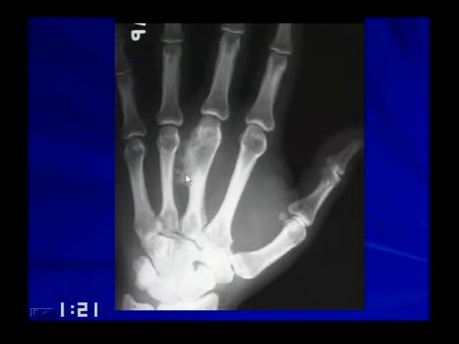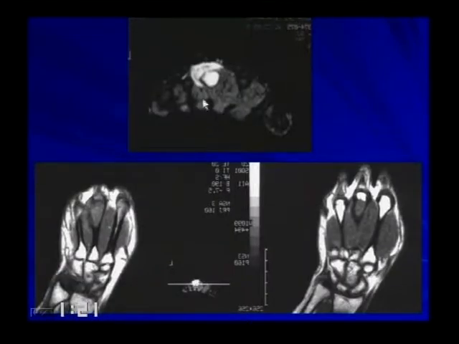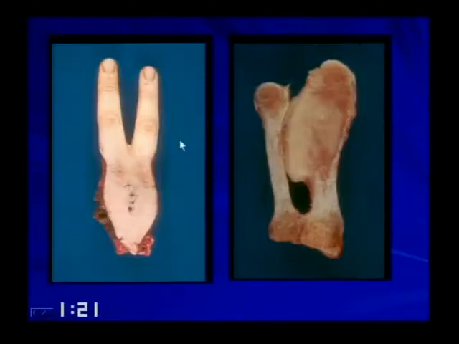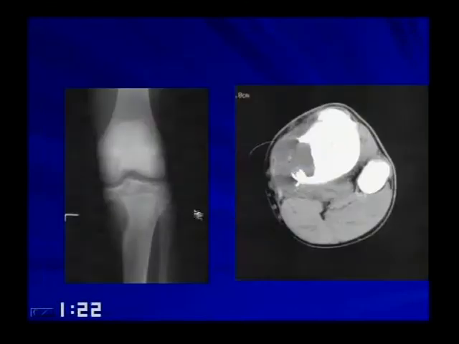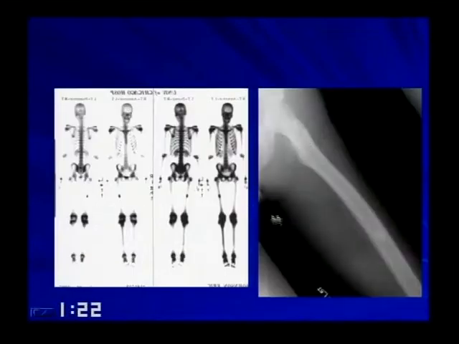And this was an osteogenic sarcoma arising in a metacarpal. Here's his MR, bright signal, bright soft tissue mass, and that was a cut specimen on this unusual osteogenic sarcoma. A very lucent lesion in this kid with not much matrix, but there was a bone metastasis at the time of presentation. You can see it's hot on the bone scan, skip lesion.